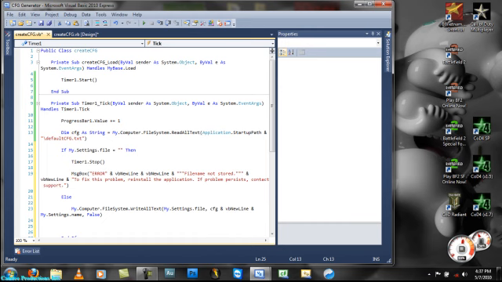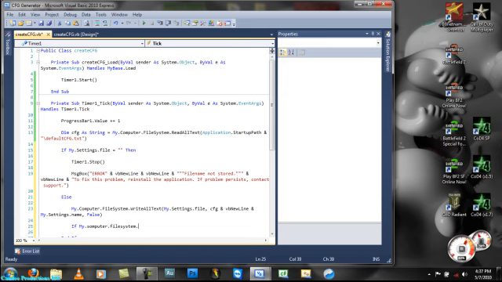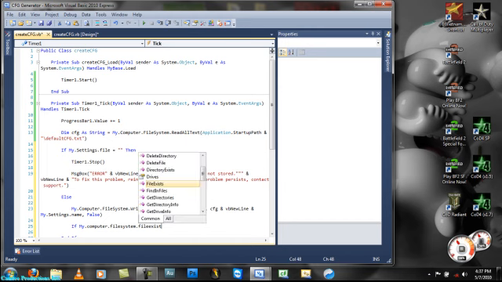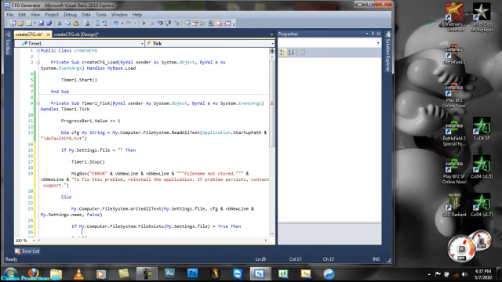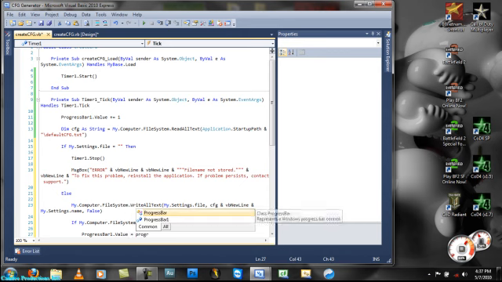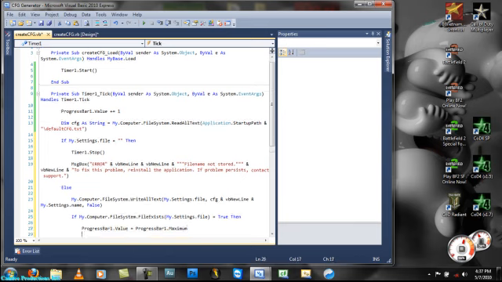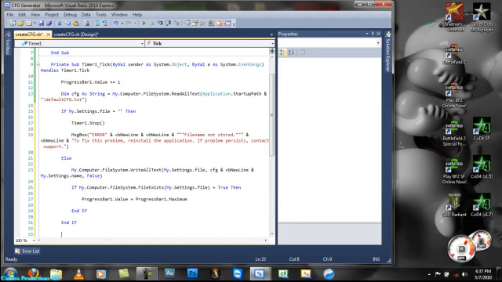And then we will do If My.Computer.FileSystem, keep putting an S there, My.Computer.FileSystem.FileExists My.Settings.file equals true, then ProgressBar1.Value equals ProgressBar1.Maximum, and if, and then in the other if ProgressBar1.Value equals